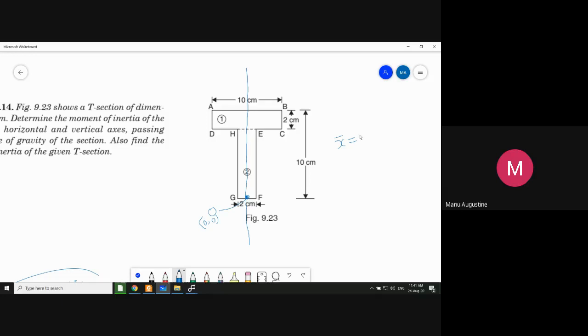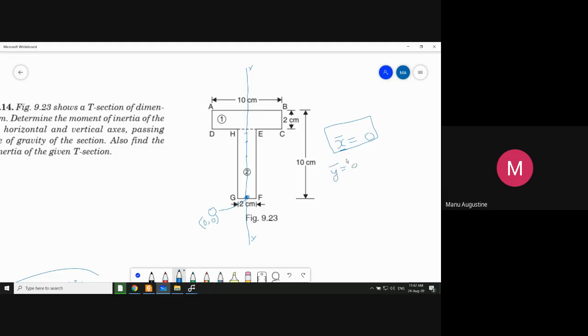सर 0। वेरी गुड, x bar is 0 because you know that this axis is the axis of symmetry। तो इसका मतलब है कि x के डायरेक्शन में ना तो लेफ्ट साइड में आपको सेंट्रॉइड मिलेगा ना राइट साइड में मिलेगा, इस लाइन के ऊपर ही कहीं सेंट्रॉइड मिलेगा। और y एक्सिस के ऊपर अगर मैं कोई भी पॉइंट लूं तो उसकी x वैल्यू 0 ही मिलेगी। तो इस लाइन पे सेंट्रॉइड कहीं पर भी होने दो, ये तो गारंटी हो गई कि x बार तो 0 ही है। अब मेरे को एक ही चीज पता करनी रह गई, y बार।